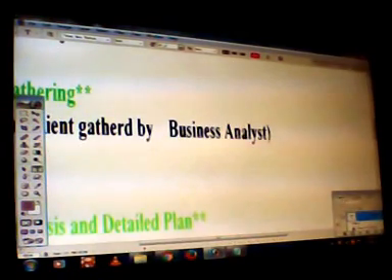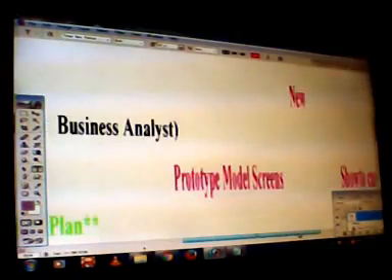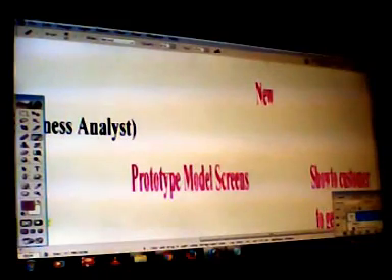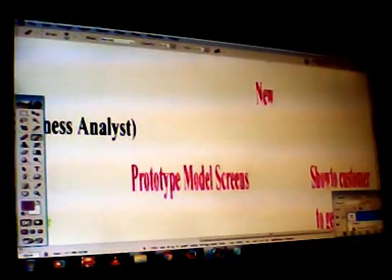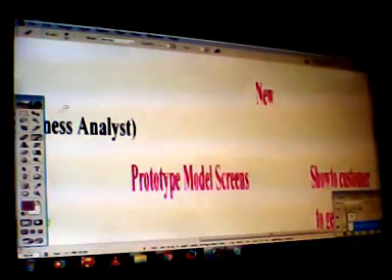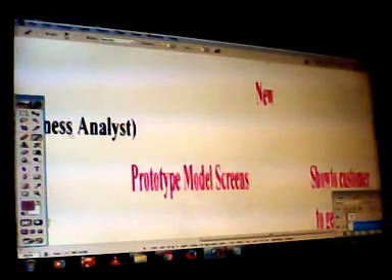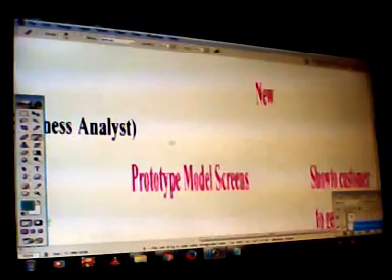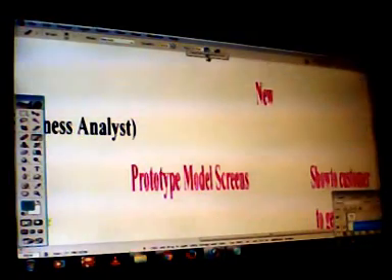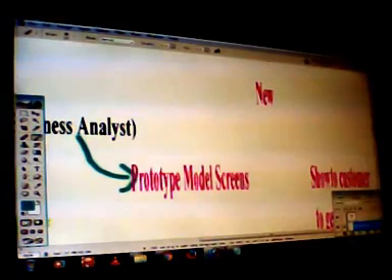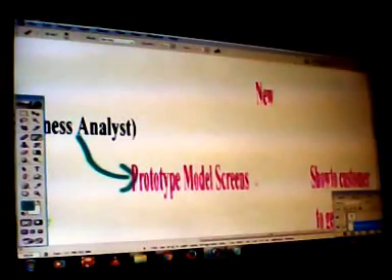In this case, the business analyst is going to prepare a prototype model. This prototype model is forwarded to the customer.